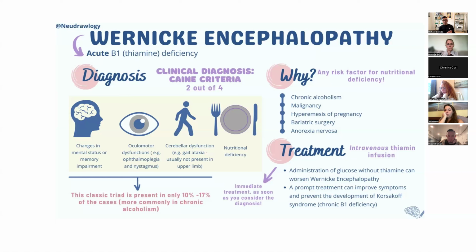Any questions for that? All right, so Wernicke's is not just from alcoholism, but we do see that a lot. It also can happen from cancers. It can happen from pregnancy if someone's vomiting a lot. Bariatric surgery. I have a few patients that we have to make sure we monitor the B vitamins because they had bariatric surgery. Eating disorders, you'll see that too. If patients are purging a lot or restricting and they're not eating, they could also have risk for Wernicke's encephalopathy.